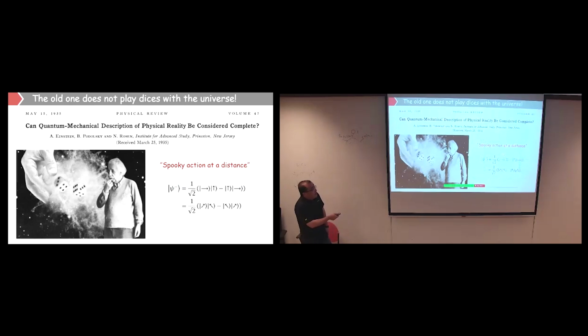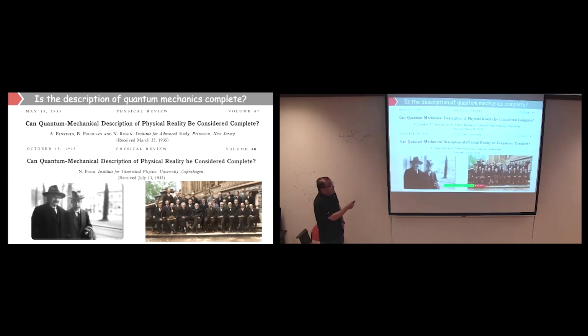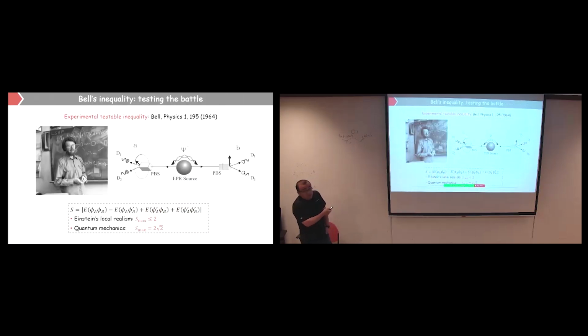Albert Einstein thought about quantum entanglement. If two particles are in a superposition, he thought there must be some weird dynamics, which he called spooky action at a distance. He wanted to say that if there is such a state, it must have some problem. So he thought the quantum mechanical description of physical reality is incomplete. But later on we know the story. He had a discussion with Niels Bohr, and then we have the Bell test.